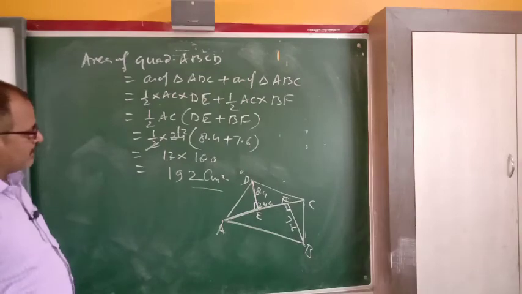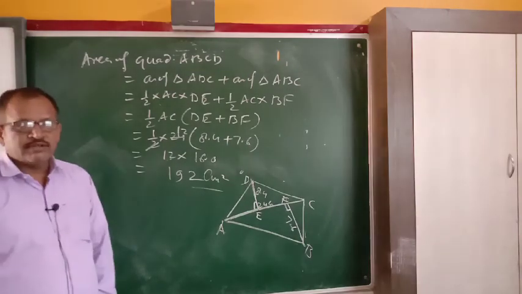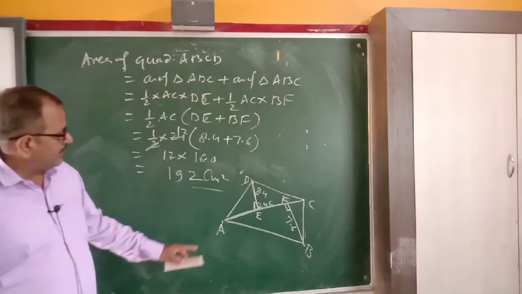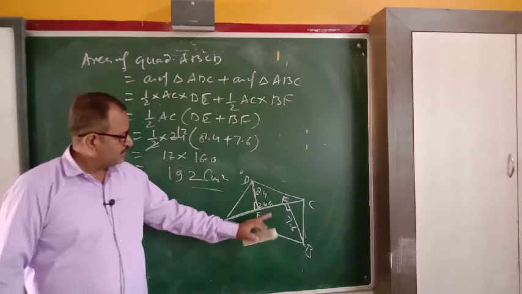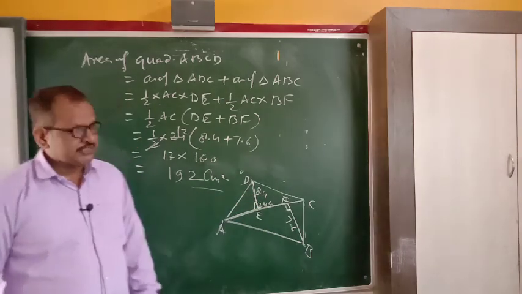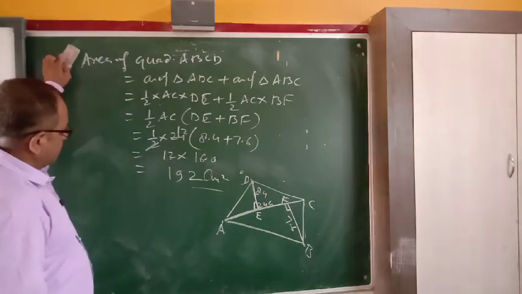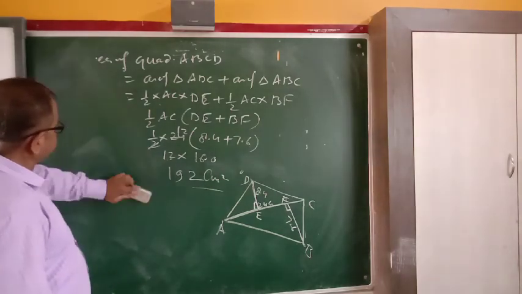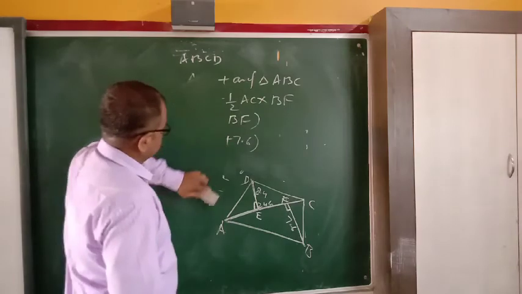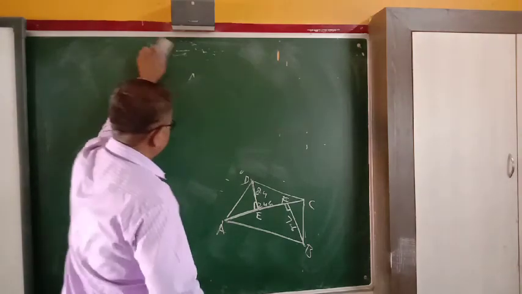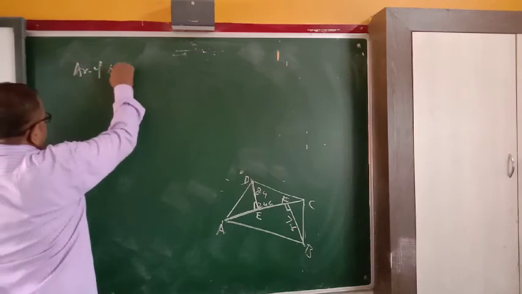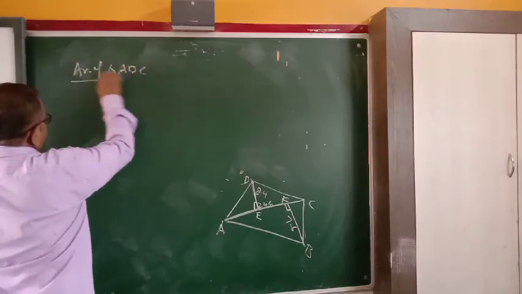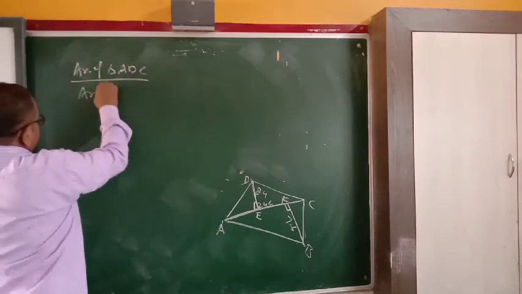It is the area of quadrilateral ABCD. One more part in this question. We have to find the ratio of the area of triangle ADC to the area of triangle ABC. So, see the next part. Area of triangle ADC upon area of triangle